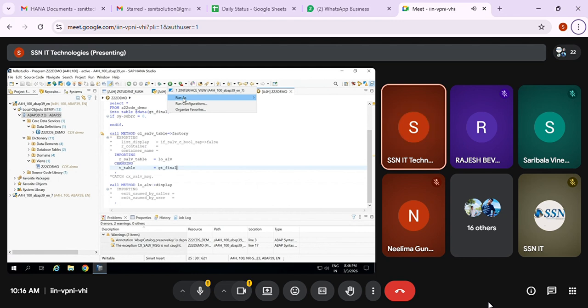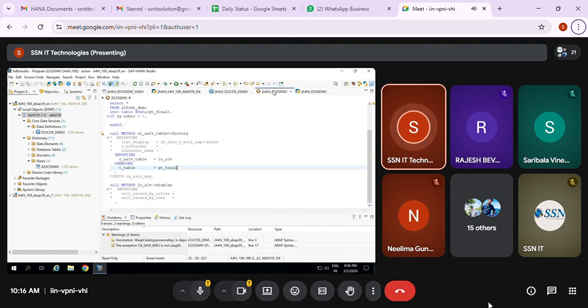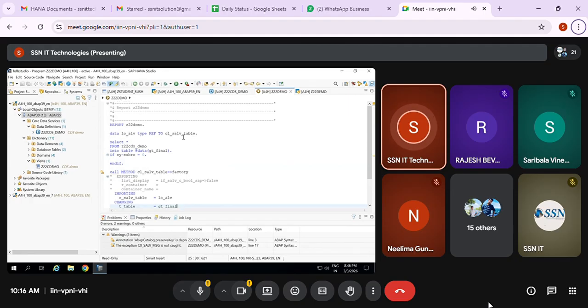Run as ABAP application. See, it is showing that output, sales document created, whatever it is. Clear? We are not going to use CL_DEMO. That is just for demo, which I showed in the last class. But normally, how are we going to display ALVs in S/4HANA? You are not going to use that kind of screen creation, dragging and dropping, all those things. You are going to use this CL_SALV_TABLE.